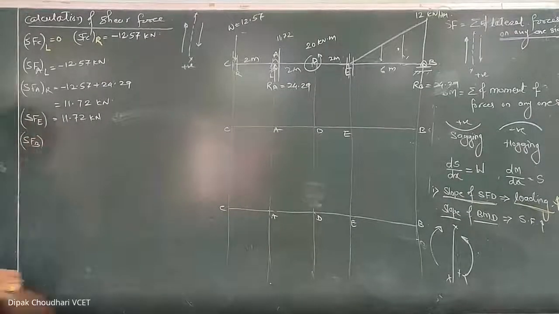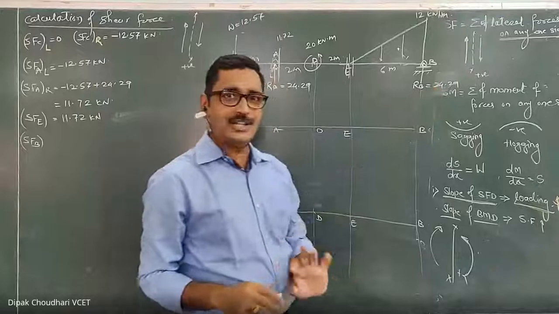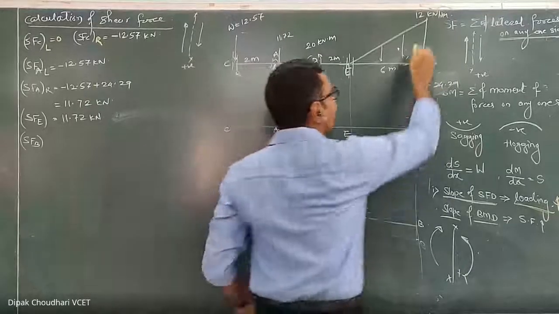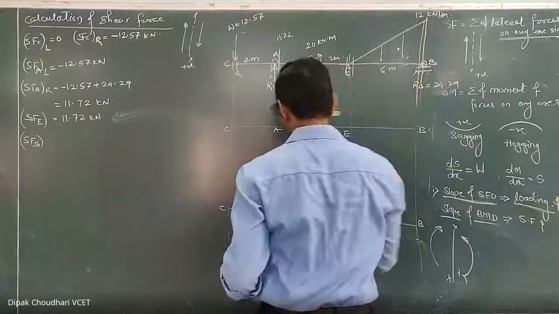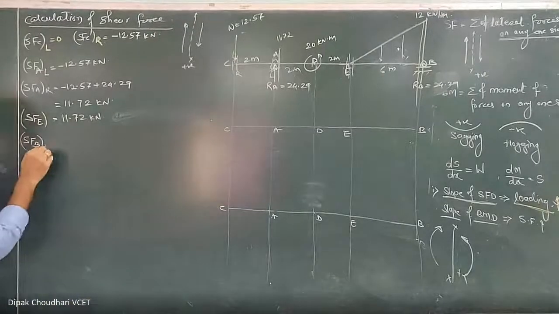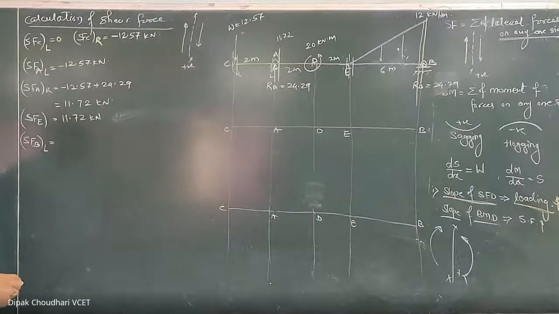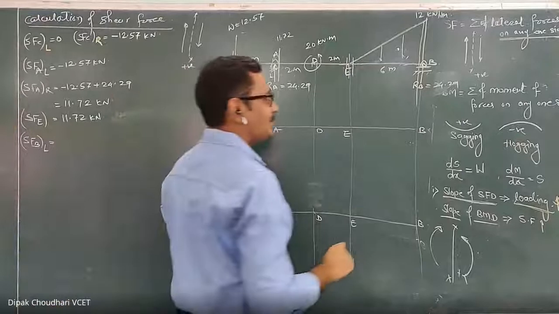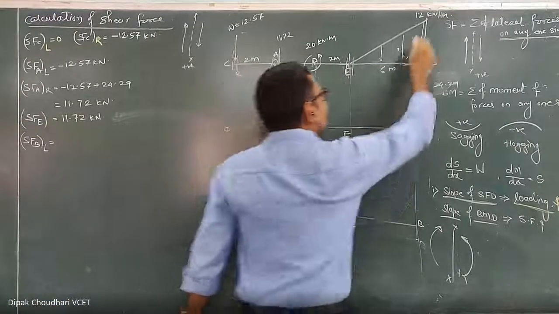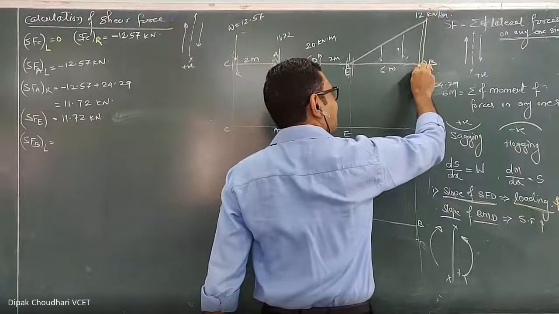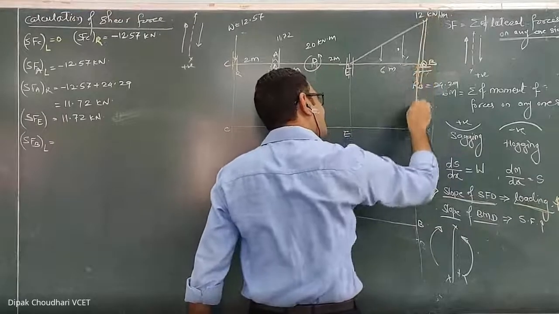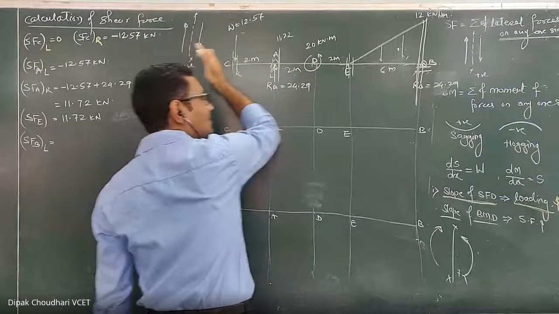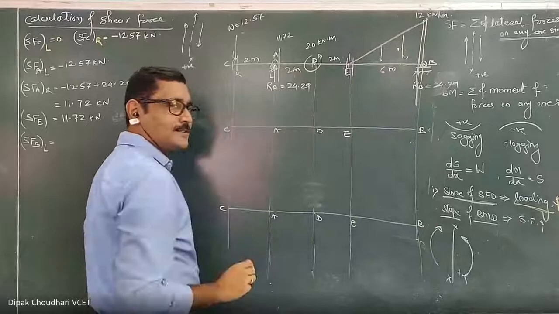Now at point B, there is a point load, support reaction. So let's first take the section on left side of B, very close to the B, but on left hand side. Now what will be the shear force here? Listen carefully. Section is on left side of the B, and I am again considering the forces on left side of that section, even though there are a number of forces, but I am considering those forces only.